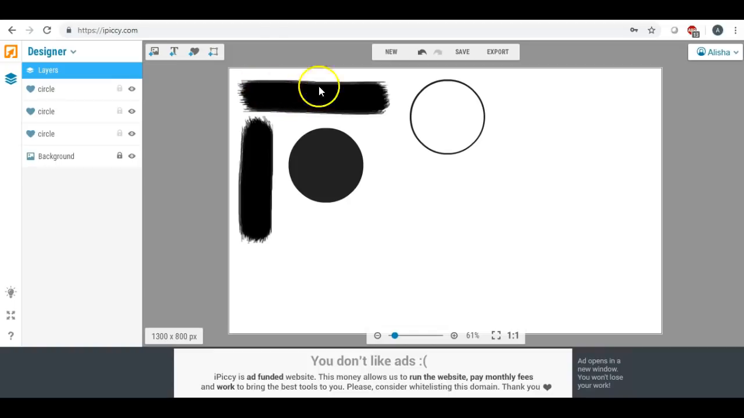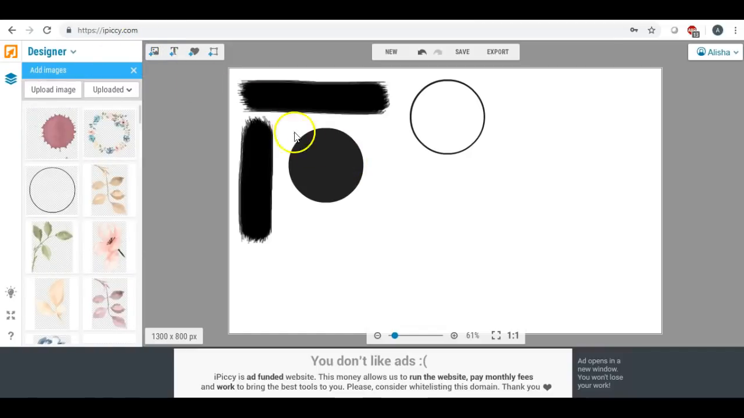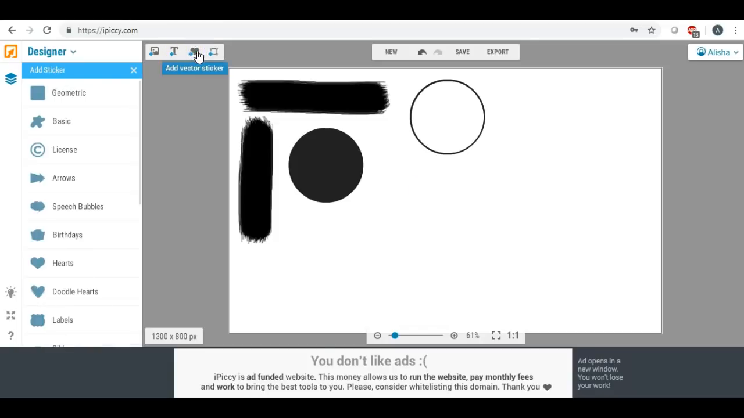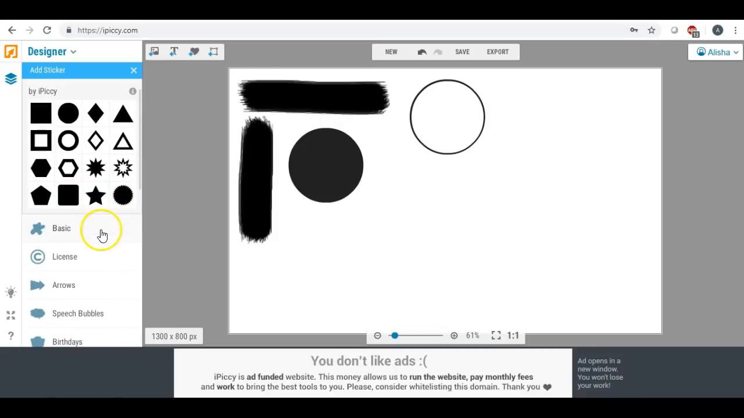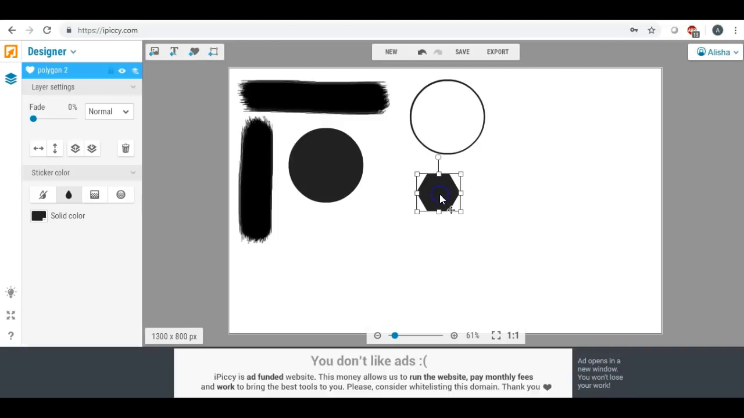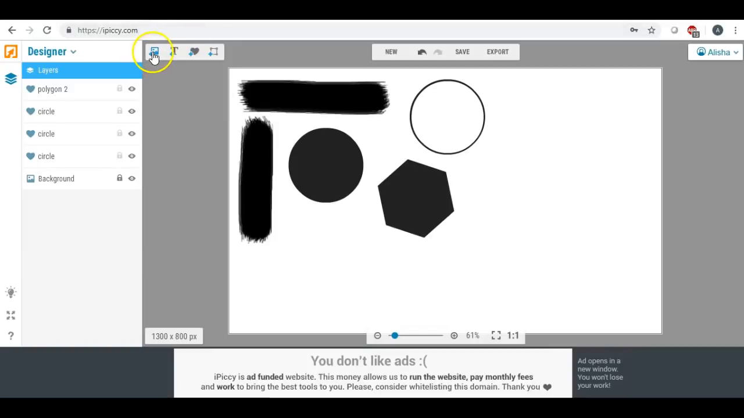Okay, so we've got a brush stroke, we have a thin circle, and we have a solid gold circle. Let's see what else we can add. Let me go back to the geometric. Okay, now they've got this hexagon, but I'm going to use this one. Okay, and then we're going to enter